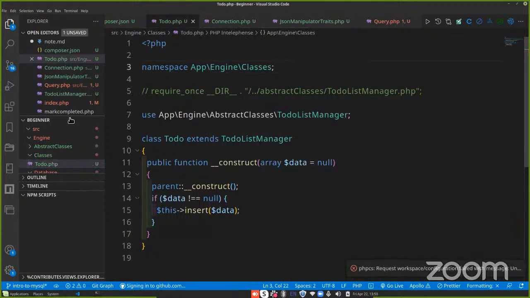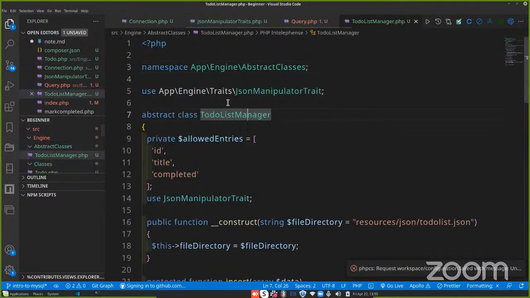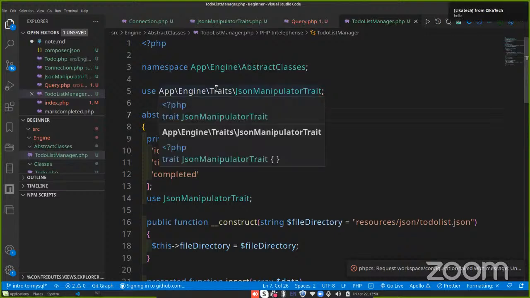So yeah, so we have that, and we move down to the last one, which is the abstract class, and of course,